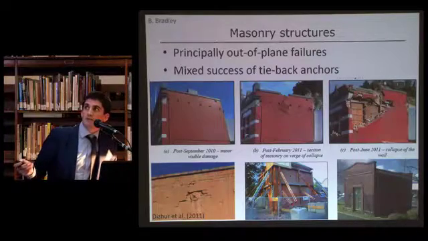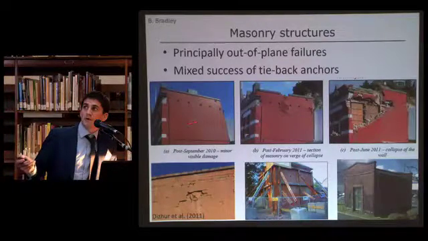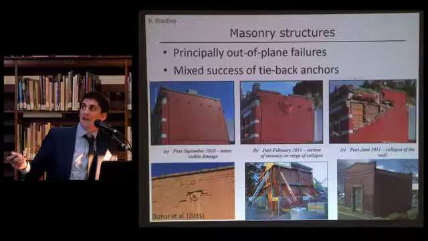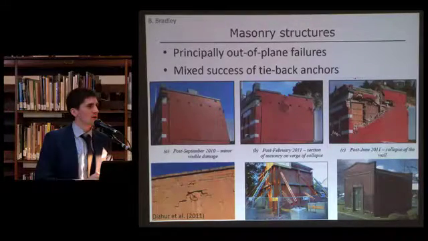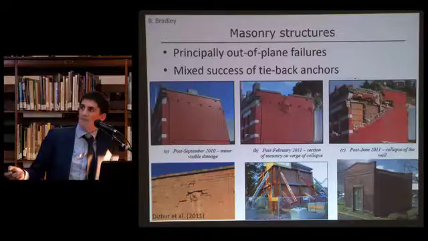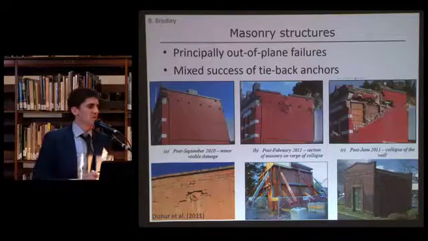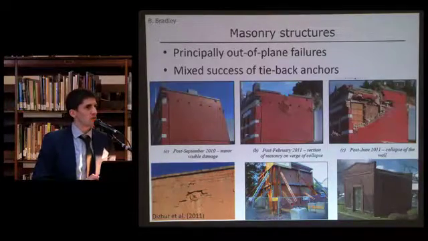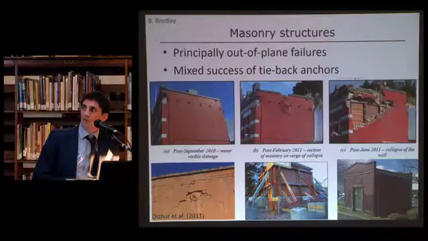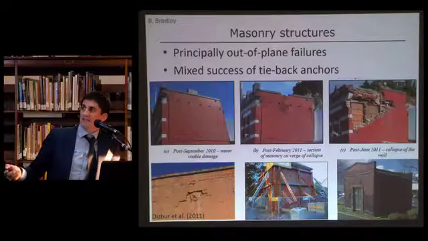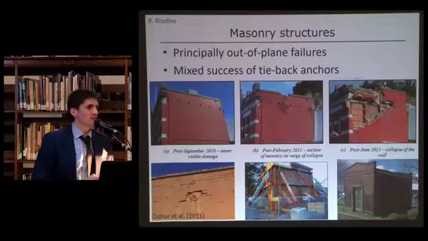So there were a few examples such as this, which initially performed relatively well. You can see here the tie-back anchors in the wall that progressively, over the couple of events, slowly started to decay. And there was really mixed performance. Some of these really performed quite well and others actually really quite poorly. And so we tended to see this substantially throughout the region.